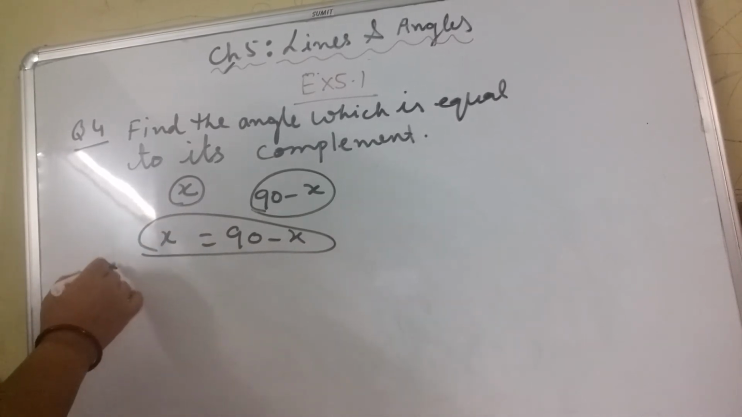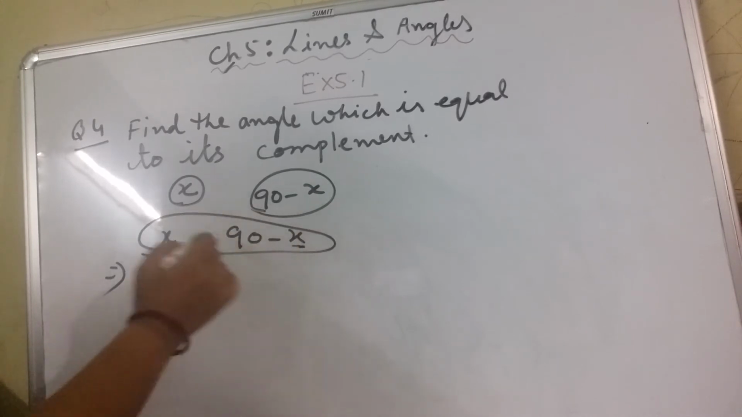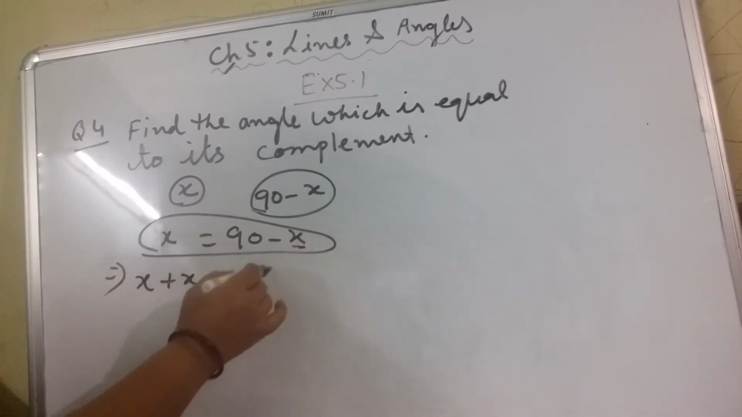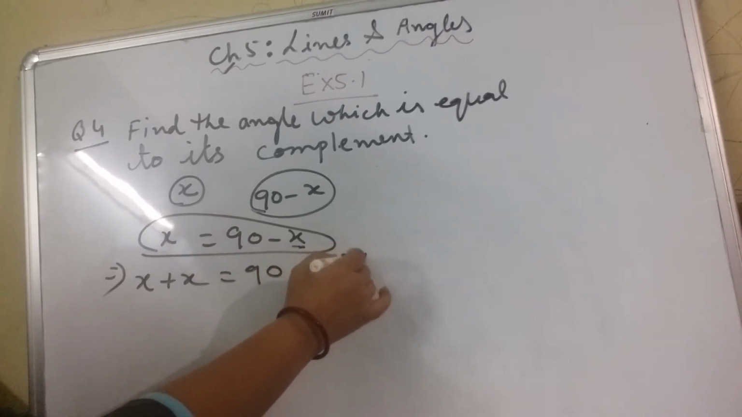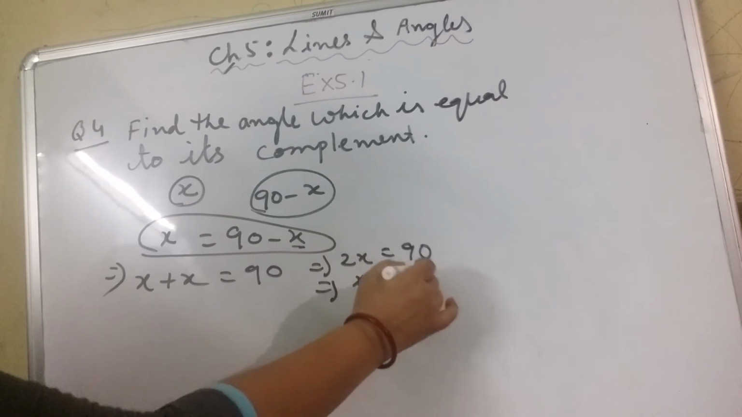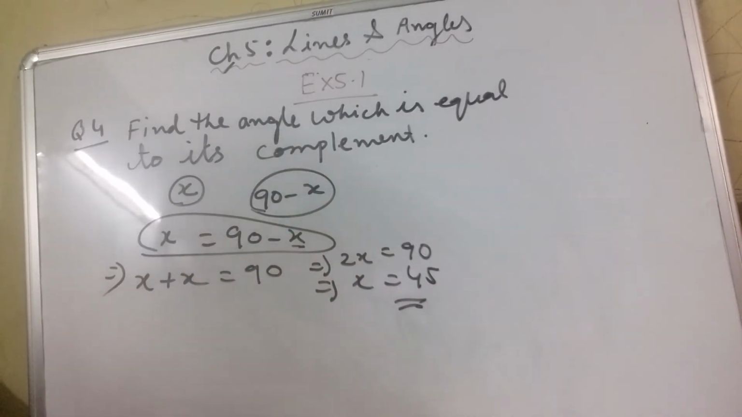Now to solve this, we have to transpose this minus x to the left hand side, so it becomes plus x, and 2x equals 90 degrees, so x equals 45 degrees. That's the answer. Question number 5 will be your homework. Next,